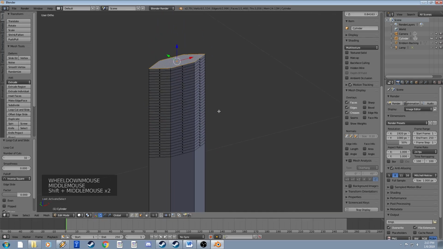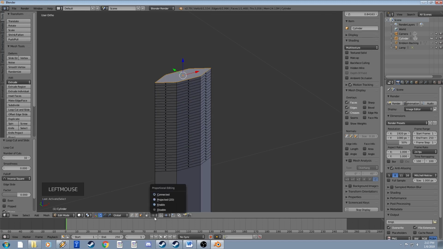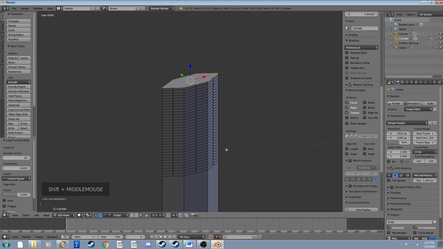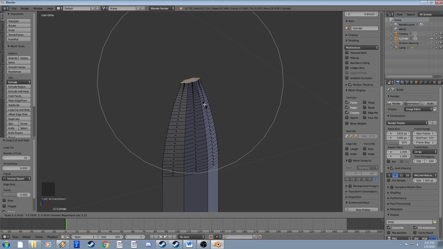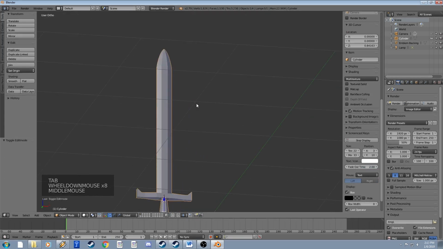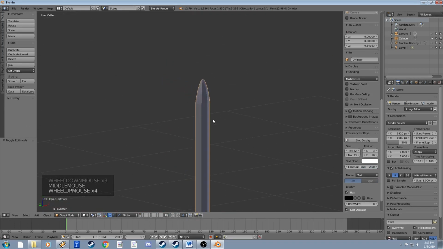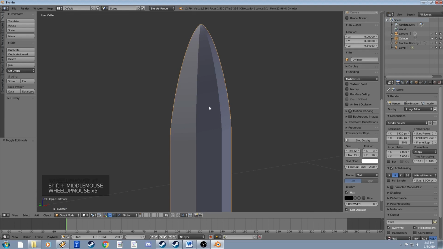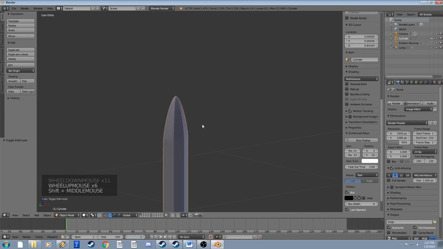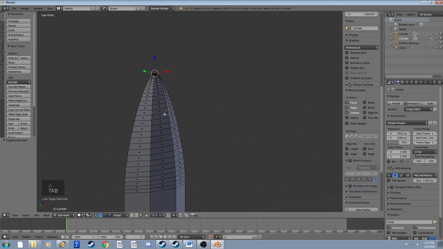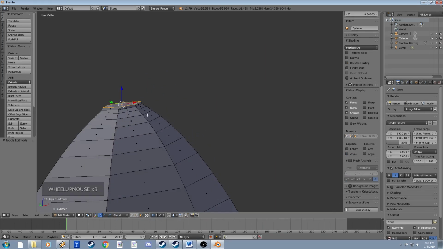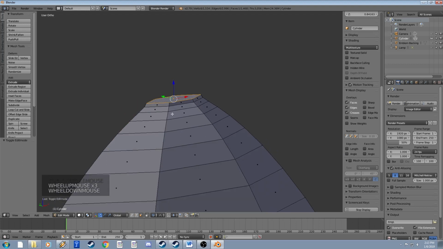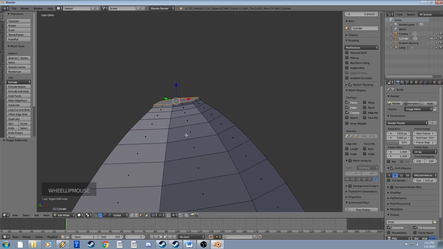Now, you can probably see where we're going with this. We'll go back to proportional editing, connected, and then scale. And then we'll bring it up like that. Looks pretty good, right? It's a nice smooth transition to a point at the top. You could even go one further if you did not want to have a flat plane at the top. And indeed, when you get close to it, there's kind of a weird taper there. What you could do is you could hit